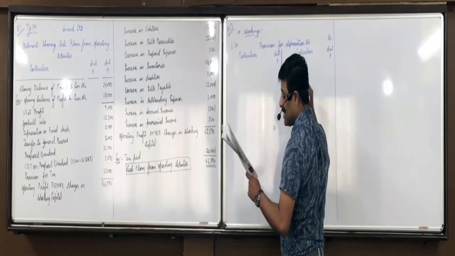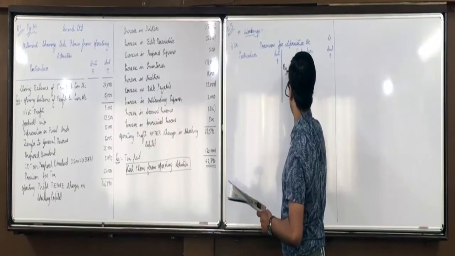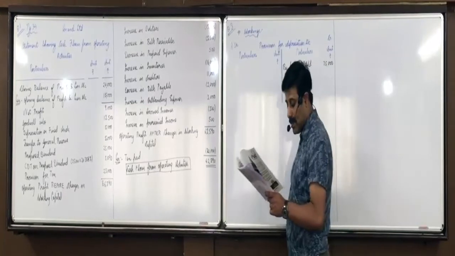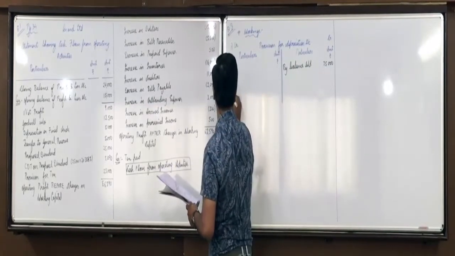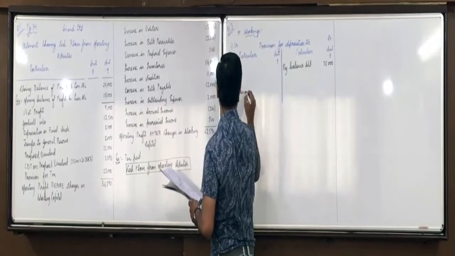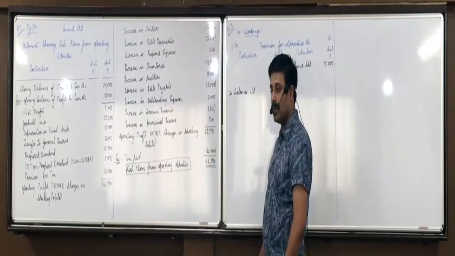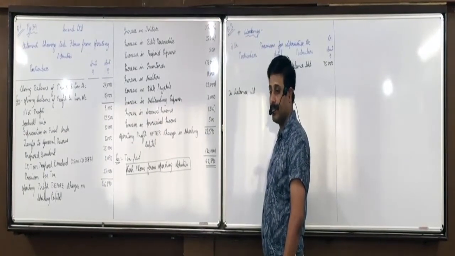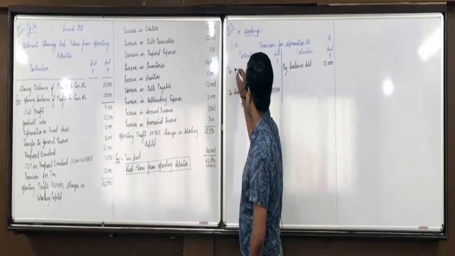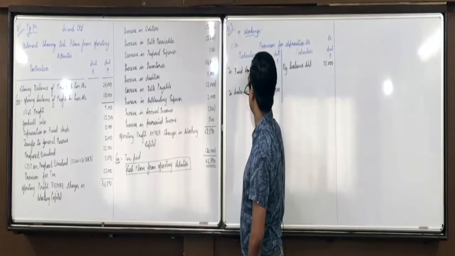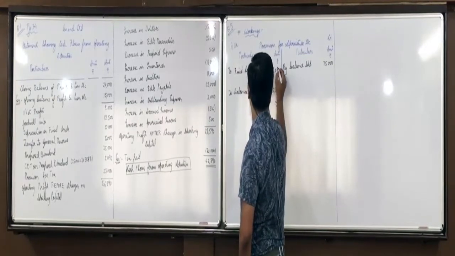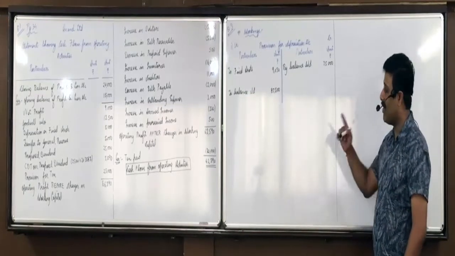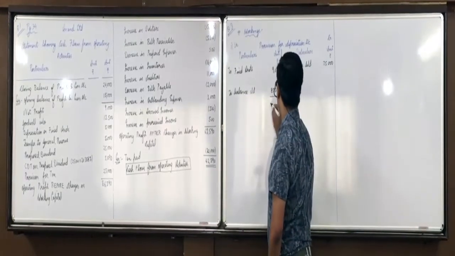Yes, opening balance, can you also say 75,000? That will come on credit side. By balance brought down 75,000. Closing balance 87,500 will come on debit side. To balance carried down 87,500. What else will come? Raise your hand. Nisha. Yes, to fixed assets account, the accumulated depreciation of the assets sold, that is 9,050. Okay, to fixed assets account, accumulated depreciation of the assets sold. Now whatever remains is current year's depreciation.